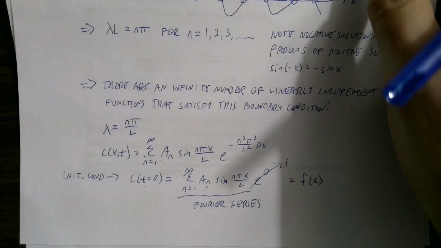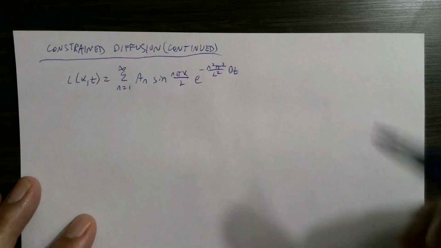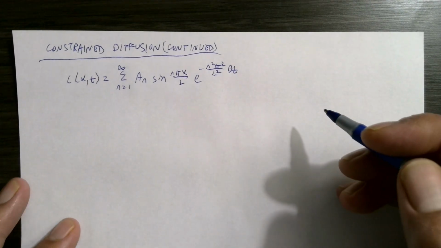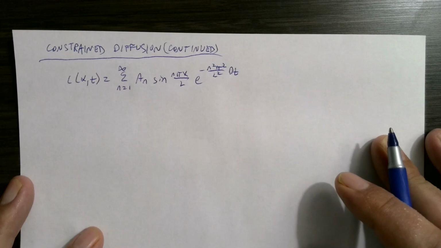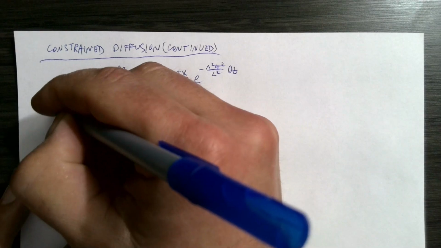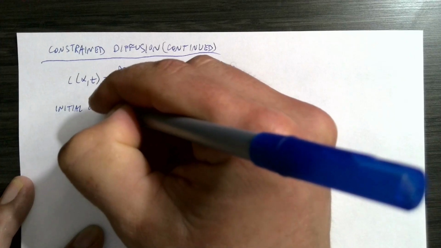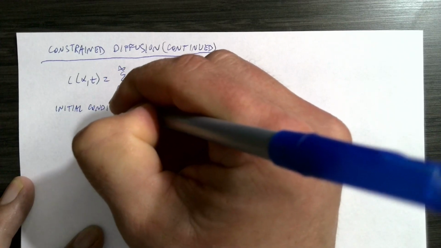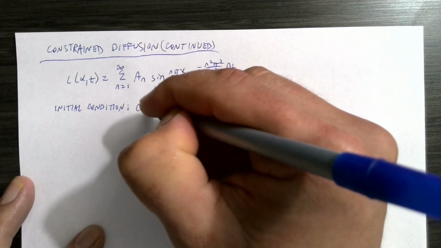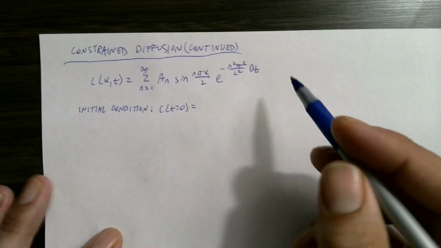So in this video, I want to look at how we can find the initial condition, which remember was that arbitrary function f of x, but we will solve it specifically for the case here of f of x is c0, which is a constant. So our initial condition, c at t equals 0, so again, if I put in t equals 0 here, then